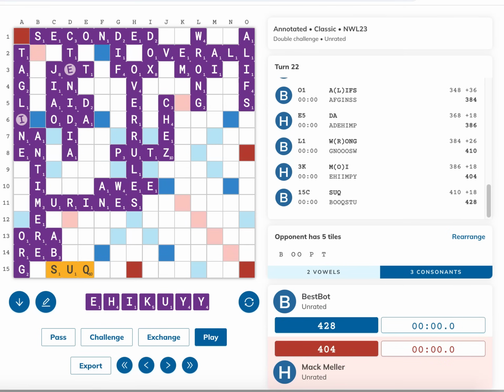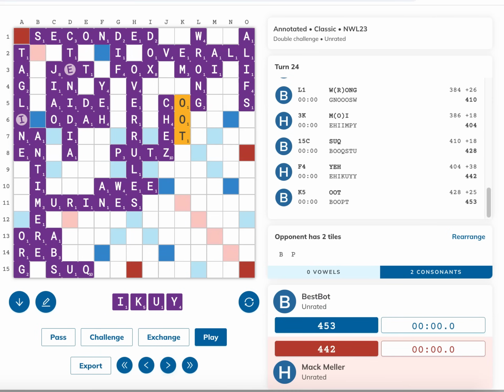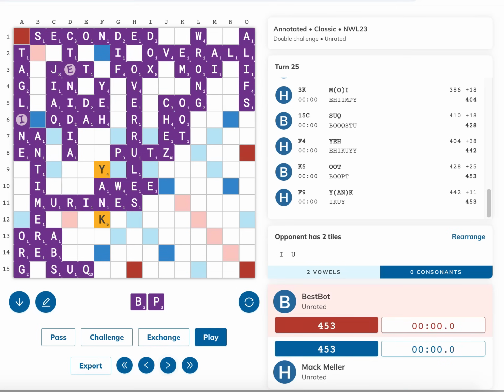As we've seen in so many variations, I'm going to respond with Yeah for 38 points, this time holding IKUY. And now the bot plays Opt for 9 next to the G in Wrong. Note that Oot for 25 actually loses here, because with BP the bot cannot play out. I play Yank for 11, and then after the bot plays Buy for 7, I have a sneaky outplay now